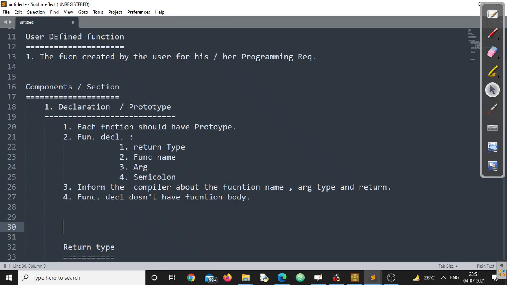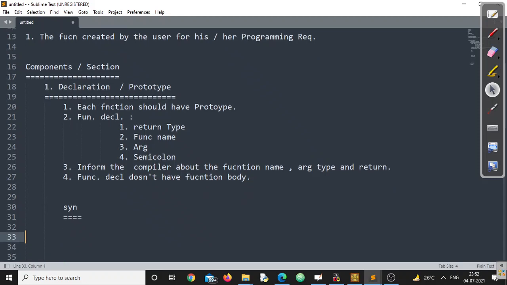Let us understand what they are and what they look like. Let us generalize the syntax. The syntax of any function declaration will look like this. First, you have to write a return type. Return type is mandatory. We'll see where it is mandatory and where it is not. Return type followed by the function name, then type 1 argument 1, followed by any number of arguments, followed by a semicolon.